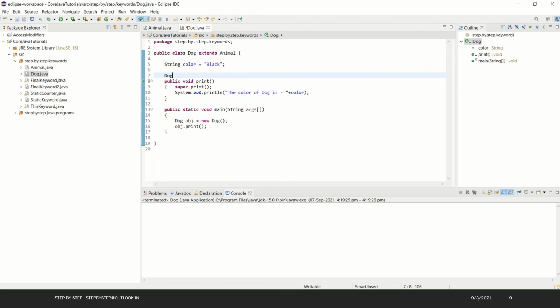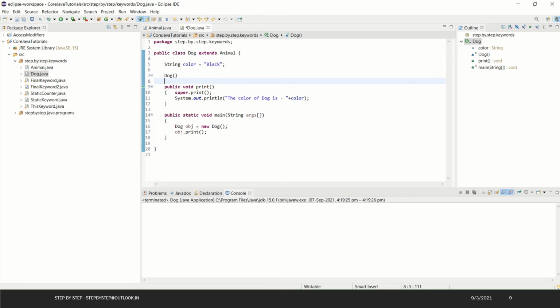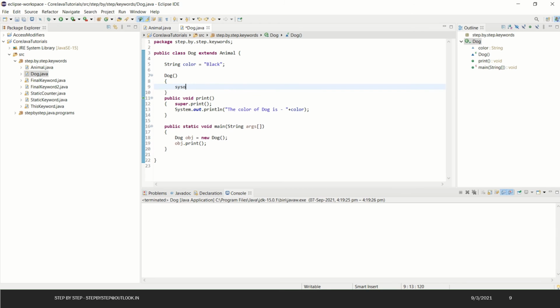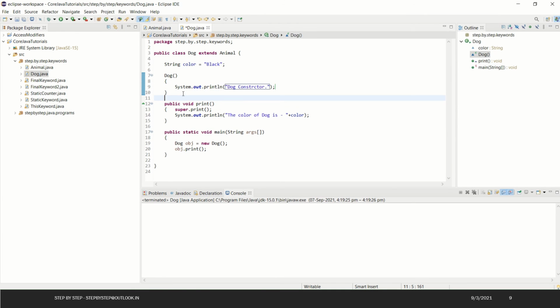These are default constructors. Sysout, and we'll say dog constructor. Okay, spelling mistake.